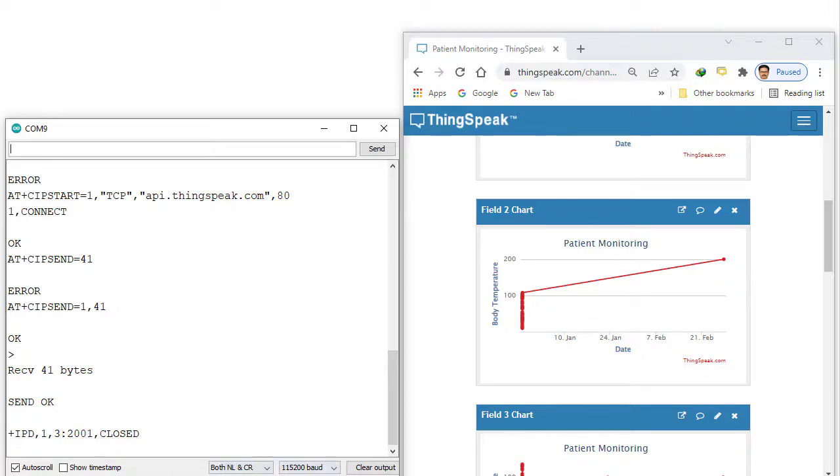So what is the nature here? Response nature: this 1 is the link ID, 3 is the data length, this 200 is the original data, that is the last data, say for a sensor reading, the last data from the ThingSpeak server to my ESP. And what is this, 1,CLOSED? This 1,CLOSED means the connection with ID 1 is now